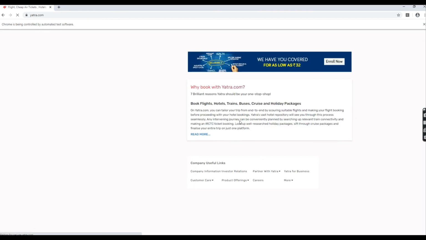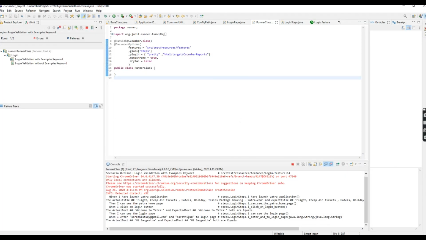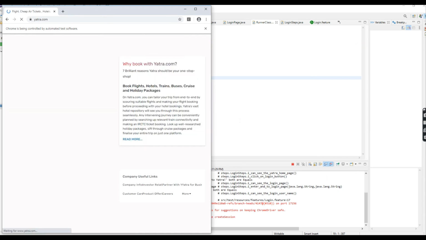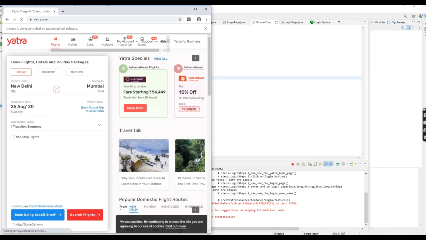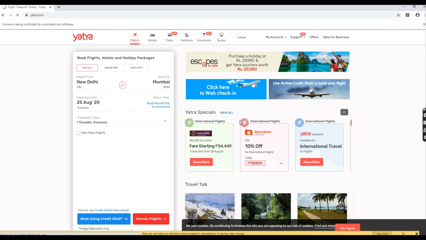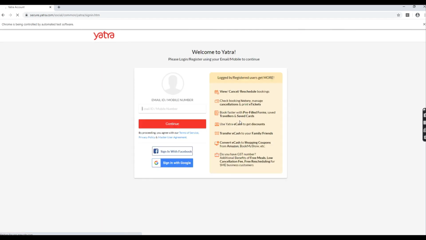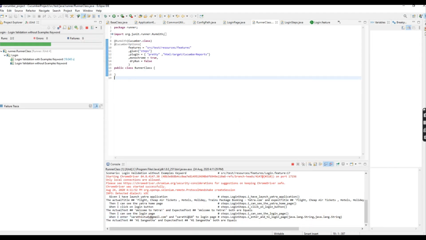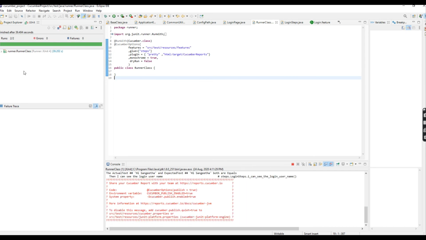Because inside the runner class we defined where the report will be stored, and what steps and what features we are going to run in the Cucumber project. That's the reason the report is generated only when we run the Cucumber runner class. If you run the login feature file, you won't get the reports. Now the case is successfully executed.